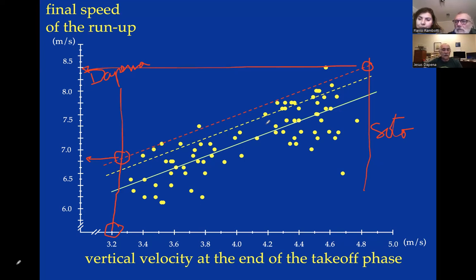But before that, I'm going to answer a question that somebody posted after lecture number one. I'm going to paraphrase it. I don't know the exact words, but it was something like this. Could you talk more deeply about the isometric contribution of muscles to the takeoff phase? And then, how important is isometric muscle action for the production of a good jump?